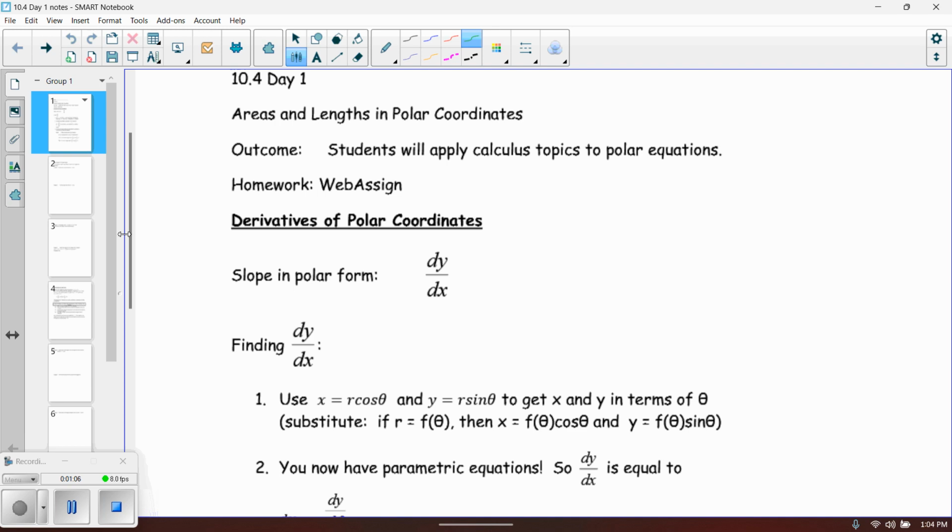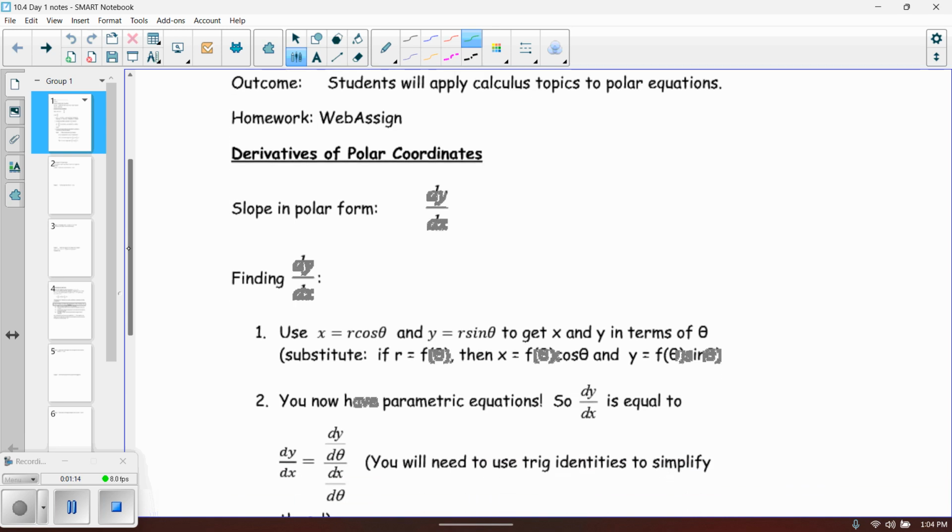All right, so let's start off by talking about the derivatives in polar coordinates. So just like anything else, even with a polar equation, you can find the slope at any given point on a polar curve, which really should make sense. Again, it's going to have a slope someplace. So to find dy over dx,